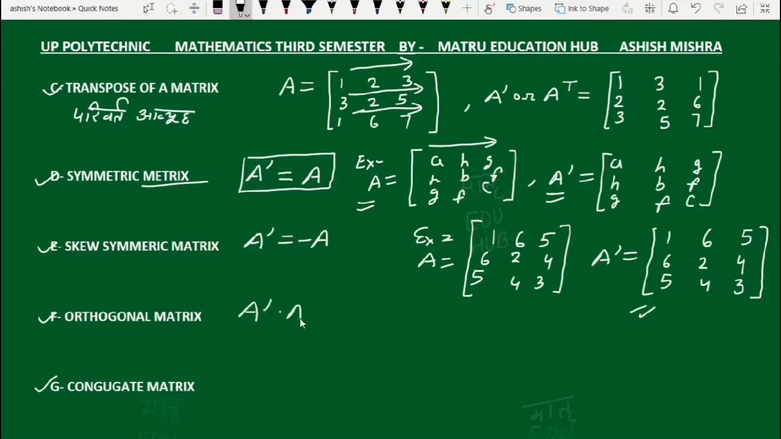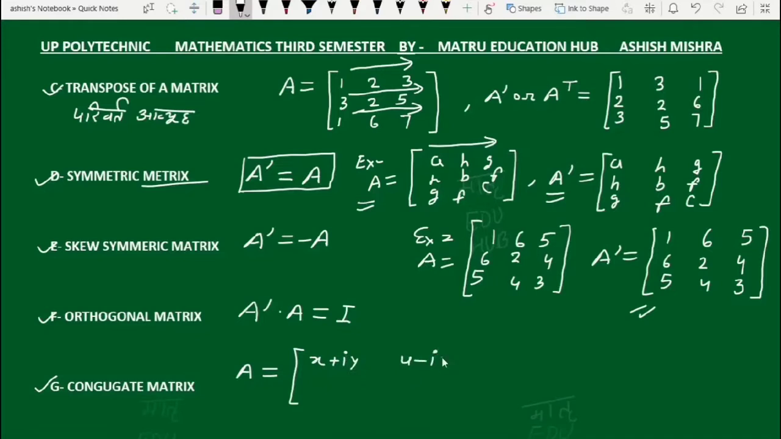Orthogonal matrix: any matrix that has the property A dash dot A equal I is known as an orthogonal matrix. लांबिक अवयव. Okay. If any matrix is complex or imaginary, take A equal